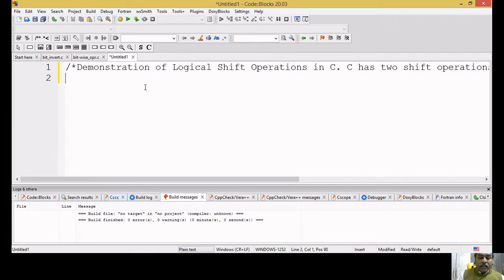Now, I have to include the library, #include <stdio.h>.